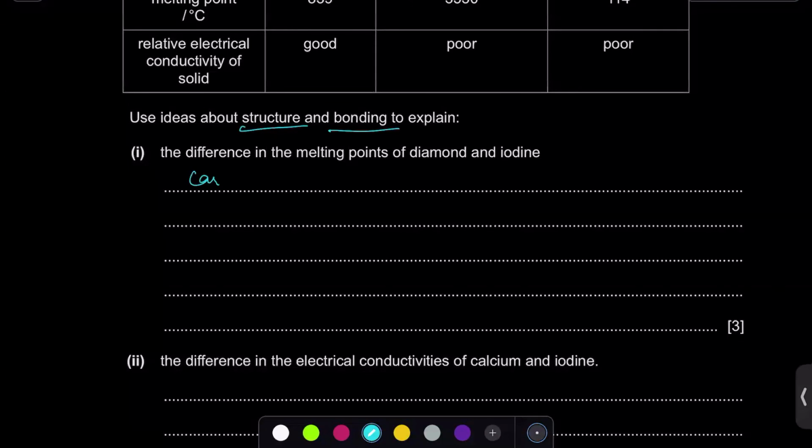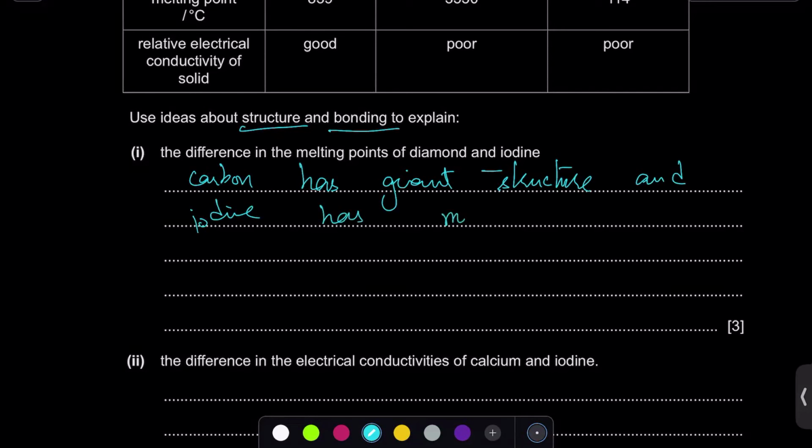So carbon has a giant structure with many carbon-carbon bonds. Okay? And iodine has a molecular structure. And then we have to explain about the bonding. So we will say that iodine